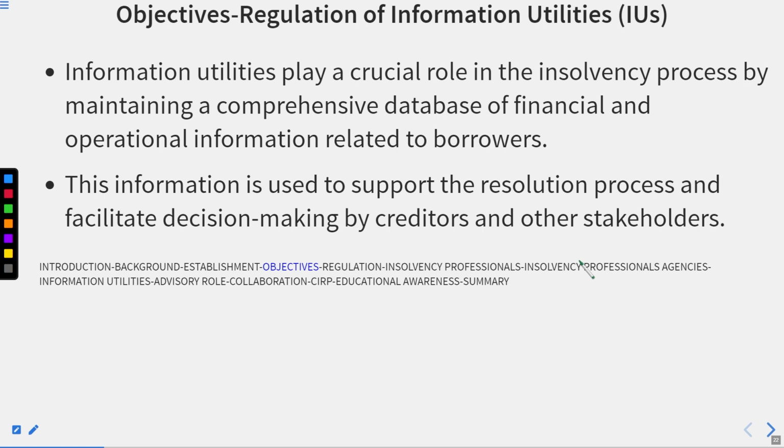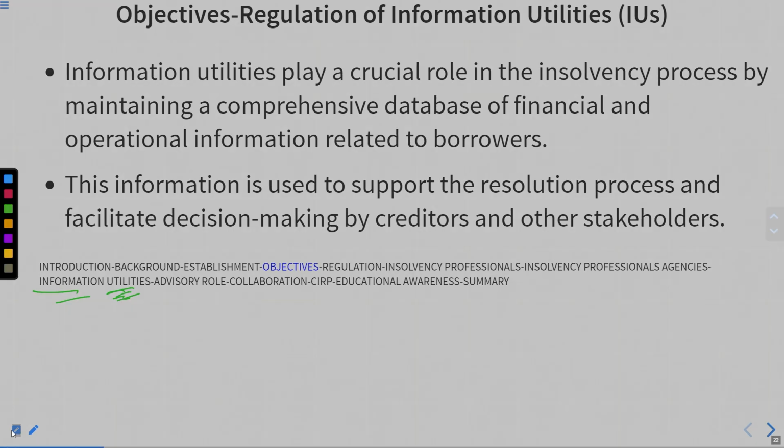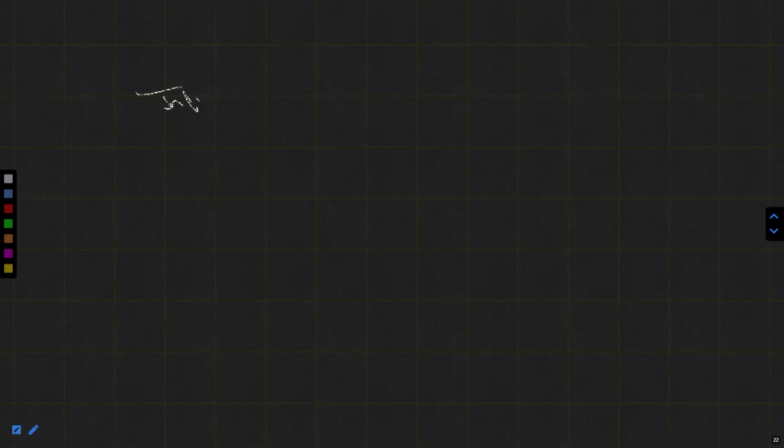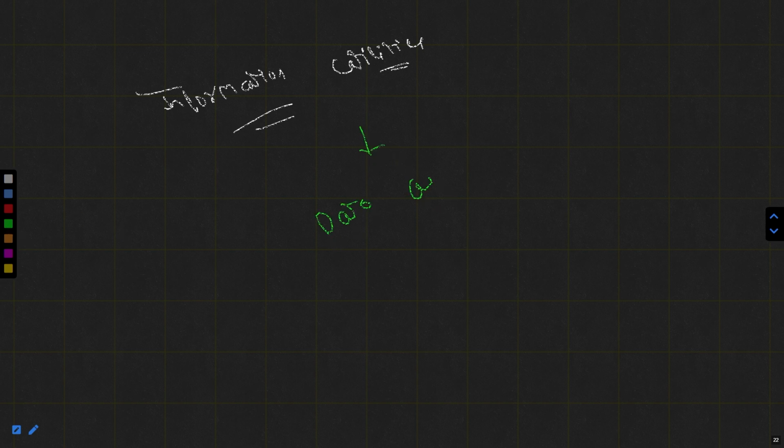Now, however, we will learn about it in the upcoming slides or upcoming lecture. But here is one thing which I will make sure that you got it here. It is very little overview. The information utilities basically deals with the data available. Got it? It is basically a data which is available. All right.